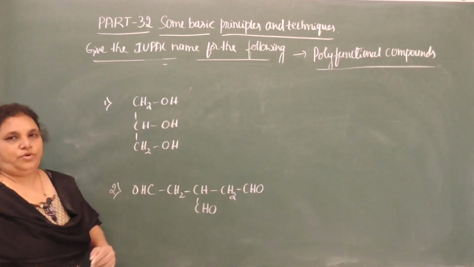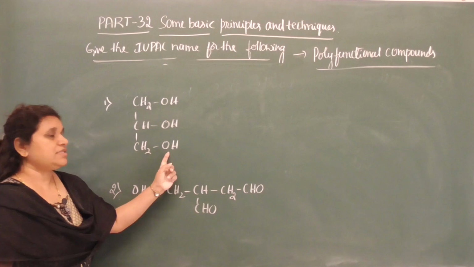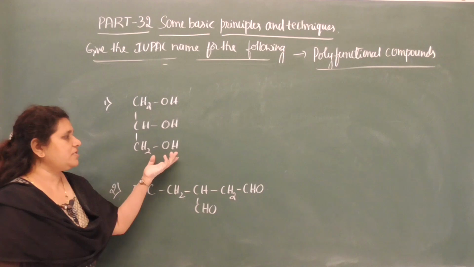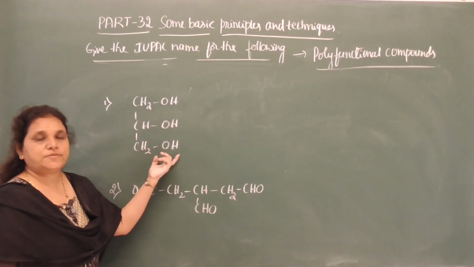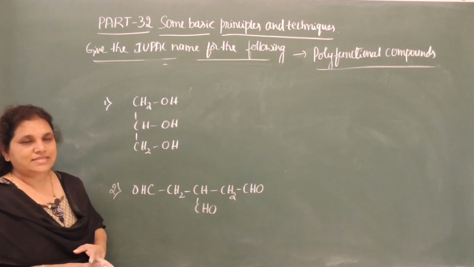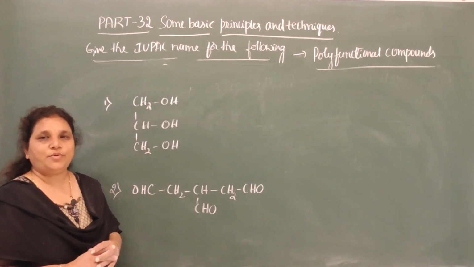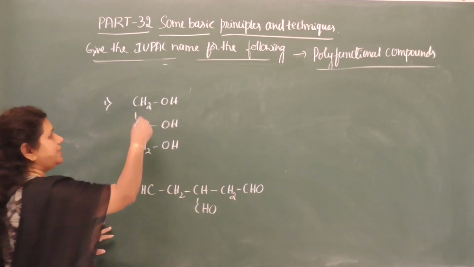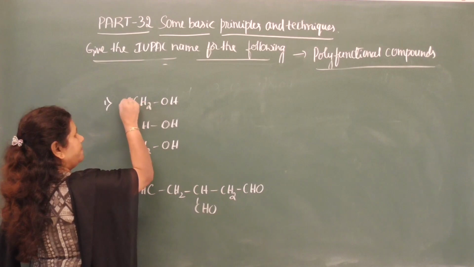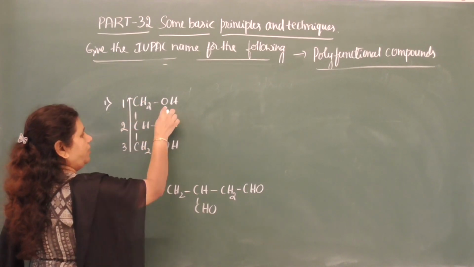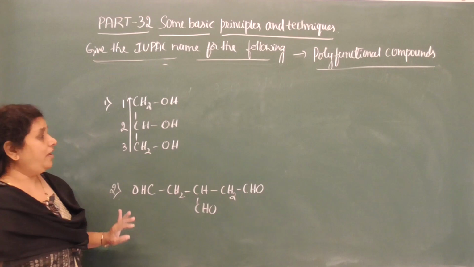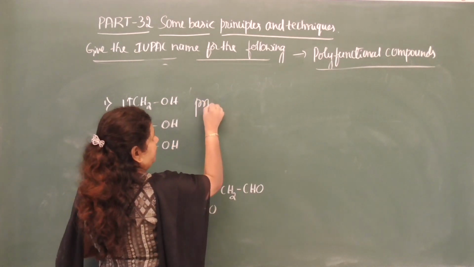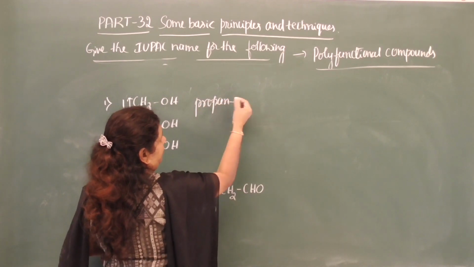Now, there are three OH groups, but this functional group does not carry any carbon. Therefore, you can use tri because three OH groups are there. Tri before the secondary suffix. What is the secondary suffix for OH? It is OL. Triol you can use and select this carbon chain. 1, 2, 3. What is the position of the alcohol functional group? It is present on the first, second and the third carbon. Propane.